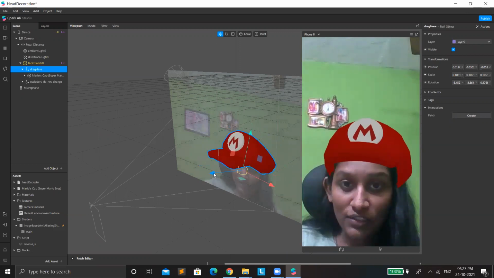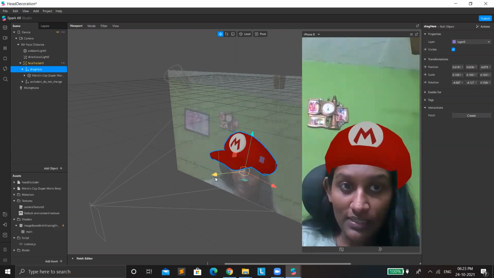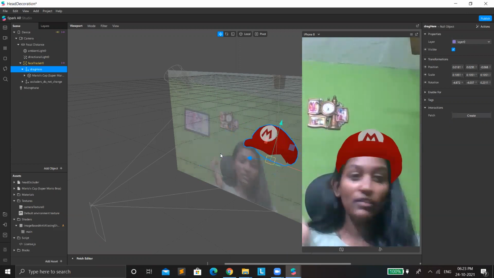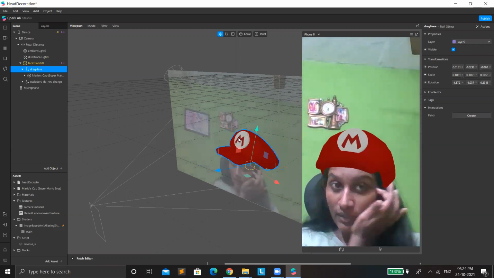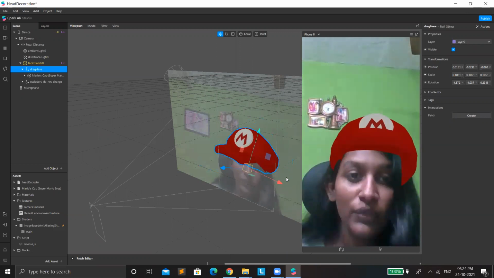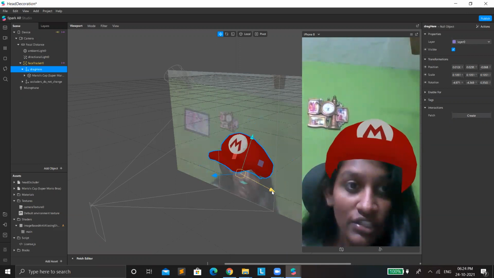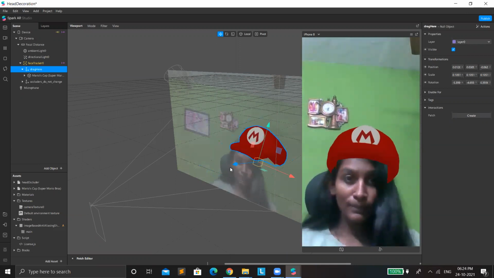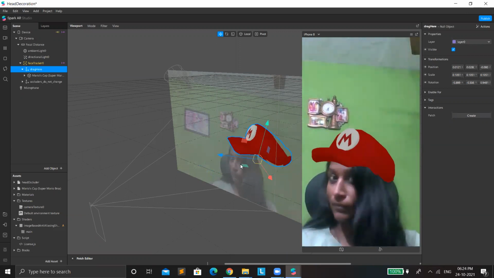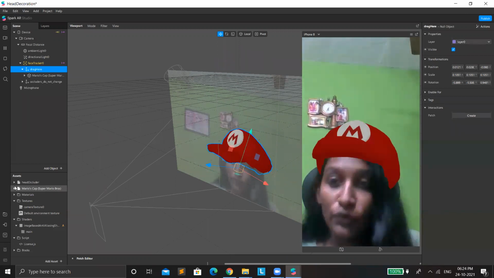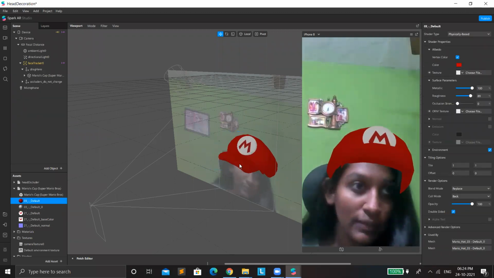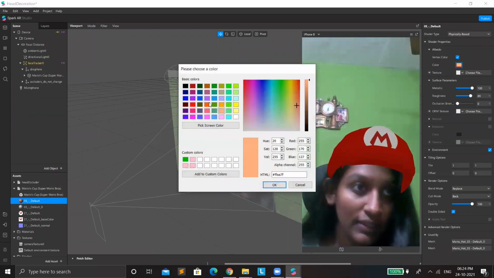Yeah, so like this, you can use all the 3D assets that are available on Spark, and you could see it is now fit on my head, and I think it's looking good now. You can even adjust the color and shape and size. If you want to change the color, you can just go to the materials and change the color of the cap